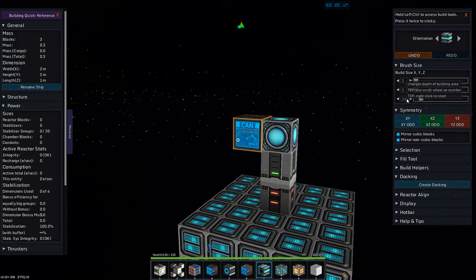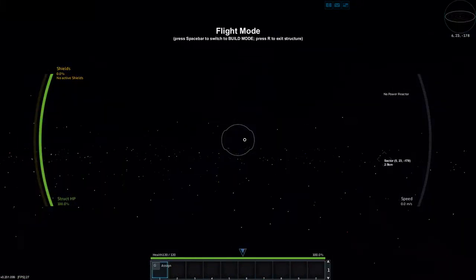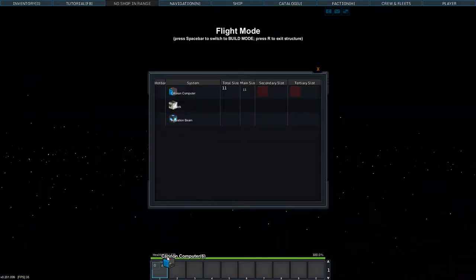Aren't you going to make a 2-axis turret? No, I'm not. I want to see what a 1-axis turret does first. So we're going to...